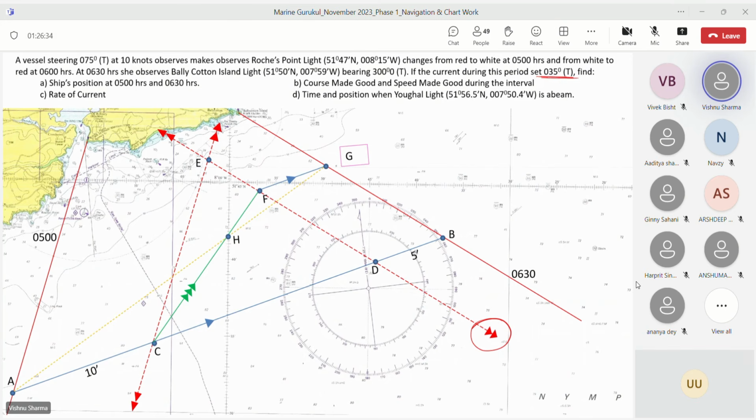Join EH and let it be extended on both sides, no problem, it doesn't make a difference. EH is joined. Actually, this is the ratio line. You don't have to write. I'm just telling you, this will divide the current in the same ratio as the time this entire plot was done to get this line actually.